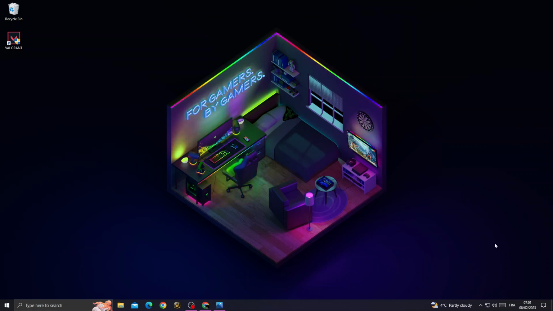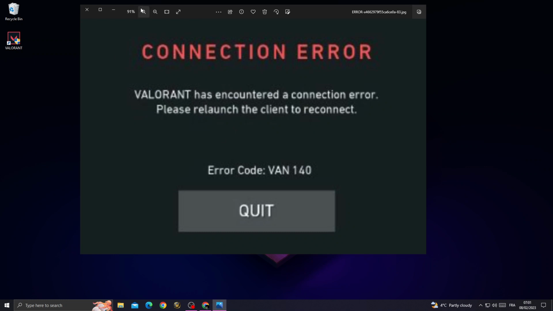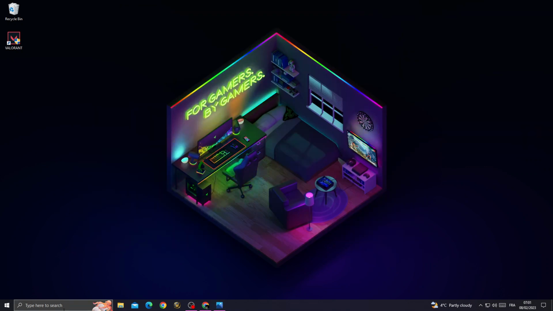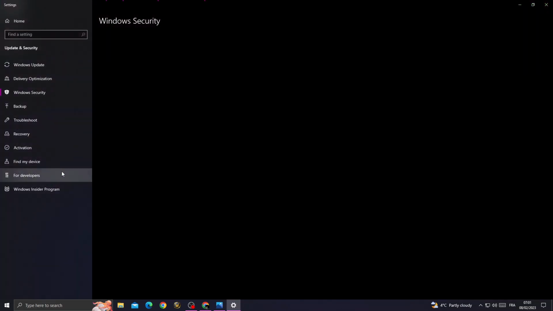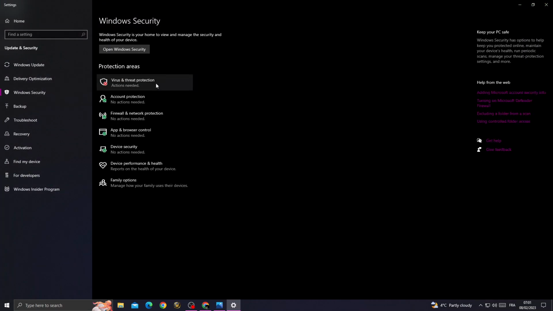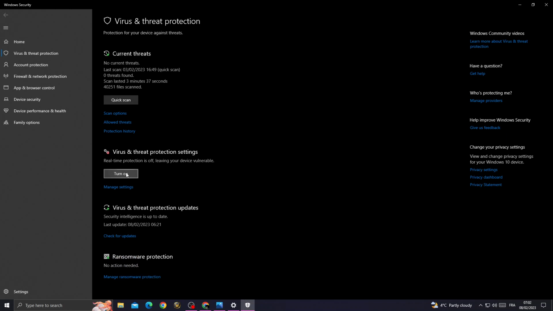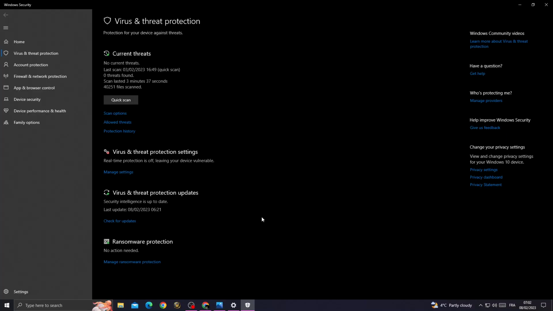How to fix Valorant connection error. If you want to fix this error, it's easy. First type here Windows security, you will find it like that. Now once you're here, all you need to do, just click manage settings